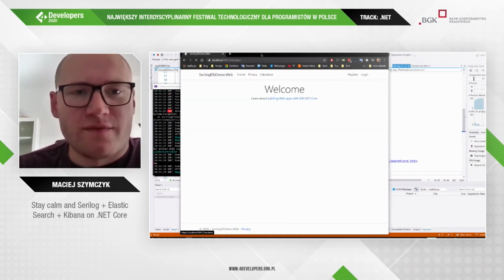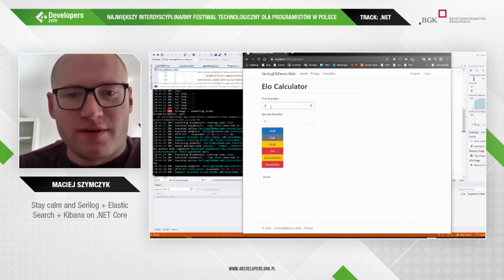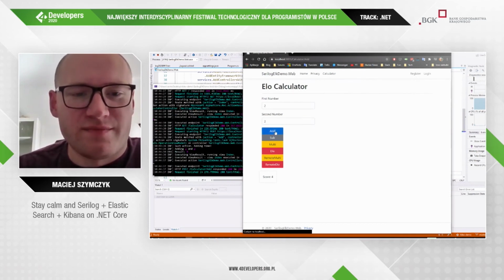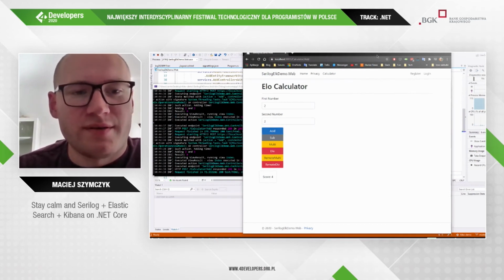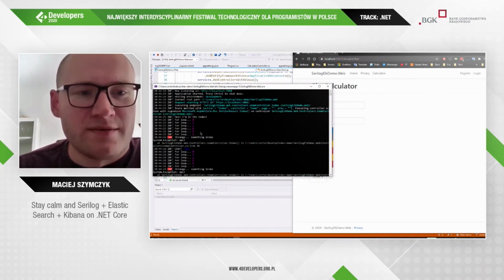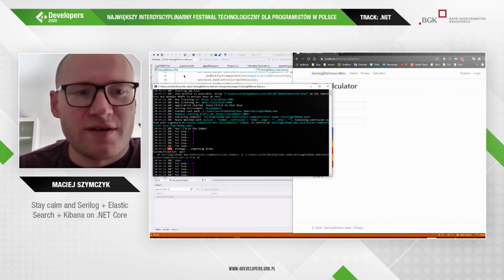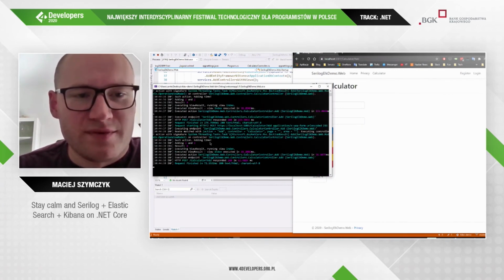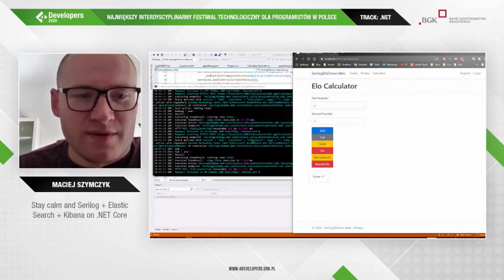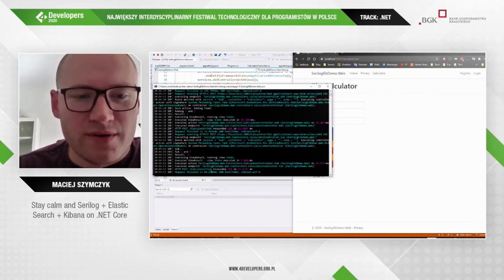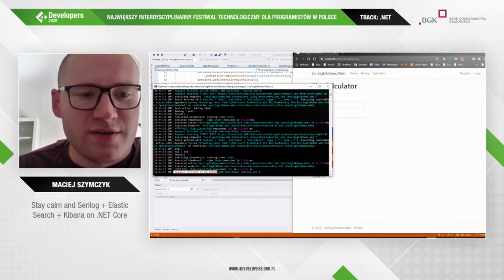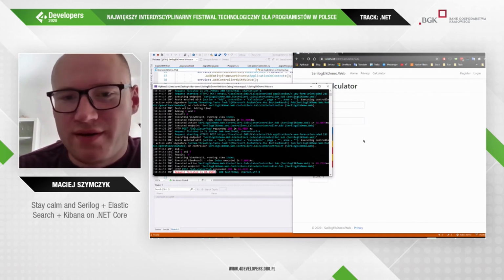So now I have my calculator. I can calculate things. I can add. As we can see here, the whole thing now is Serilog. So from the start, we have Serilog format in console. There are many colors here, which is cool. We see that every request now is logged in our application, and we can see that request finished in